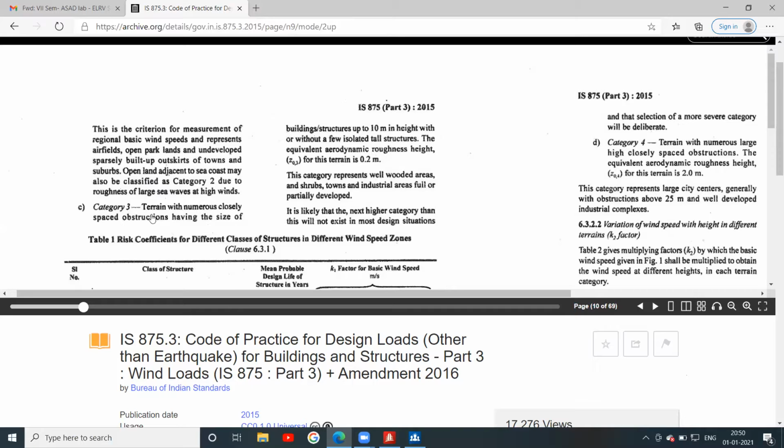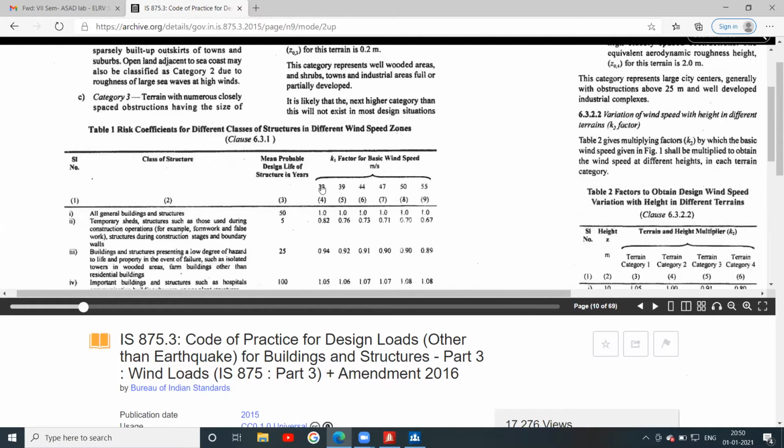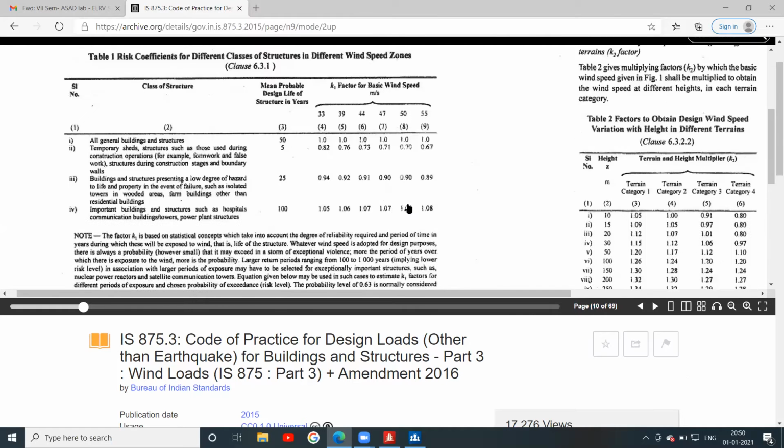Terrain with numerous closely spaced structures having building size up to 10 meters height, in city areas, we'll take as terrain 3. So according to that, there are categories 1, 2 and 3.